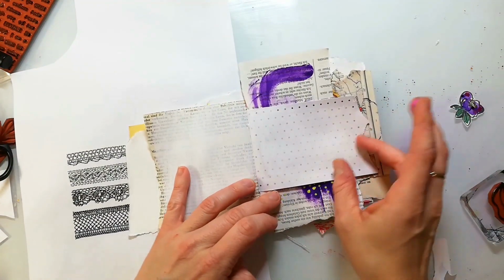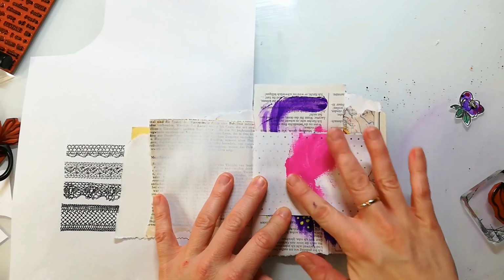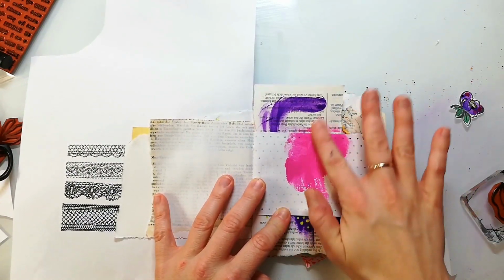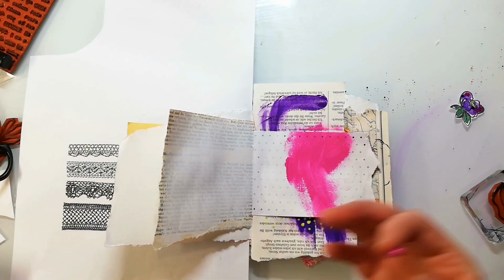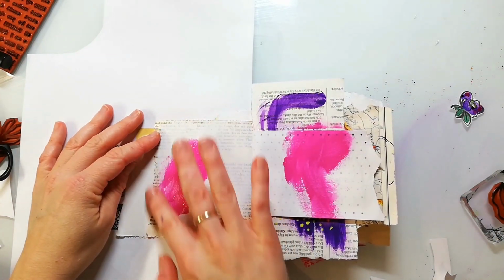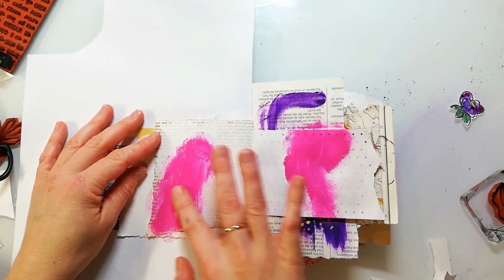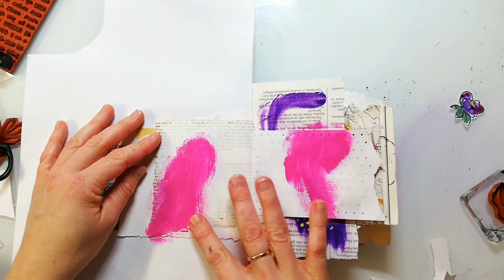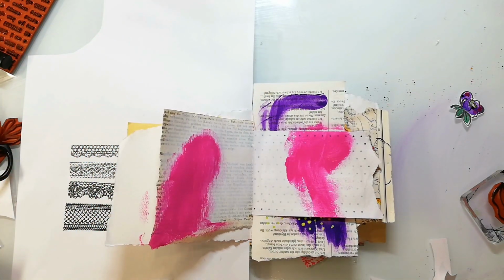Today I'm playing in my handmade junk art journal. It has a very small size and I'm playing with acrylics. The pages inside are from different paper qualities. I have used watercolor paper and also old book pages or leftover scrapbooking papers. I have primed the pages with gesso and now I go on top with acrylic paints and I just apply